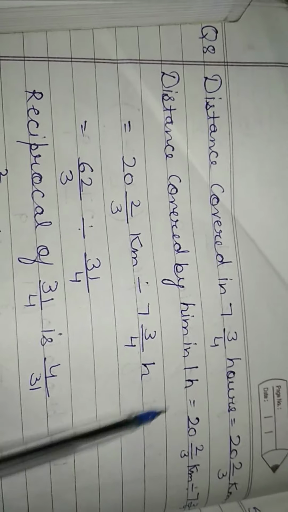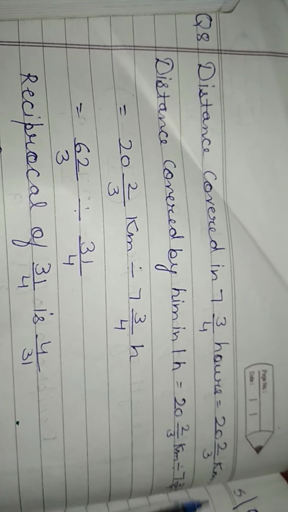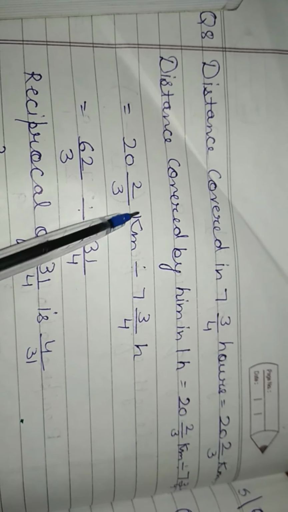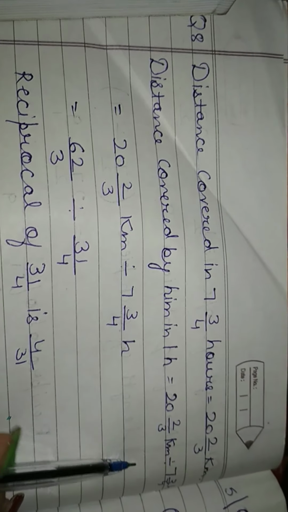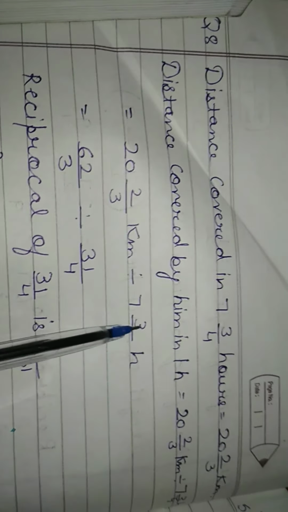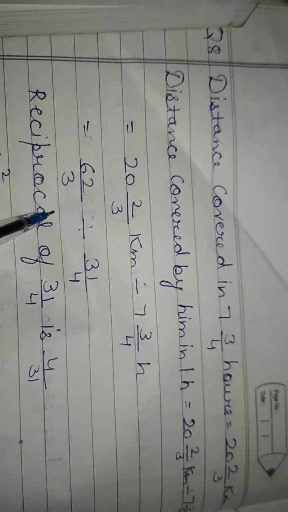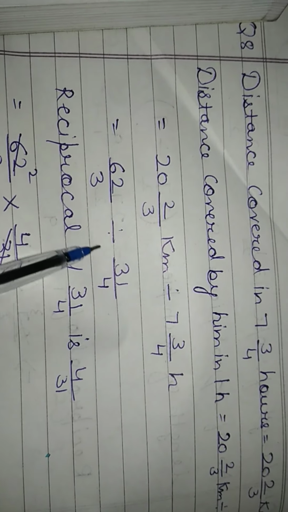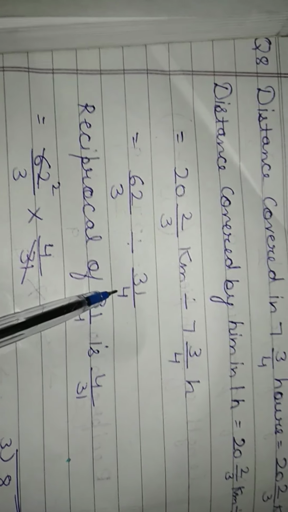So firstly we will write the distance covered by him in 7 3/4 hours, that is 20 2/3 kilometers. So the distance covered by him in 1 hour is 20 2/3 kilometers divided by 7 3/4. After that we will divide both these fractions, but firstly we will convert these mixed fractions into simple fractions, and after that in the division of fractions we multiply the first fraction with the reciprocal of